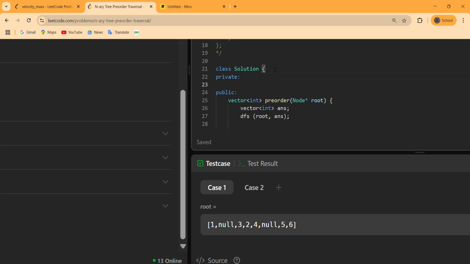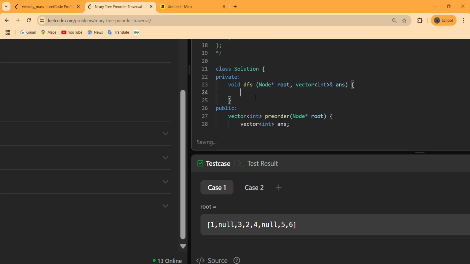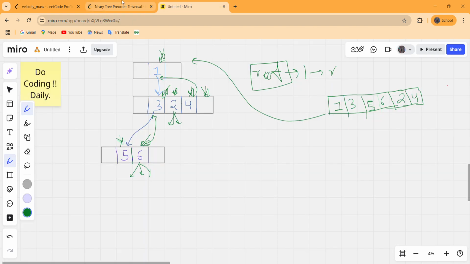Then we have to write our DFS function, and in this function we pass our integer vector by reference, so that in every call our previous answers will be preserved.